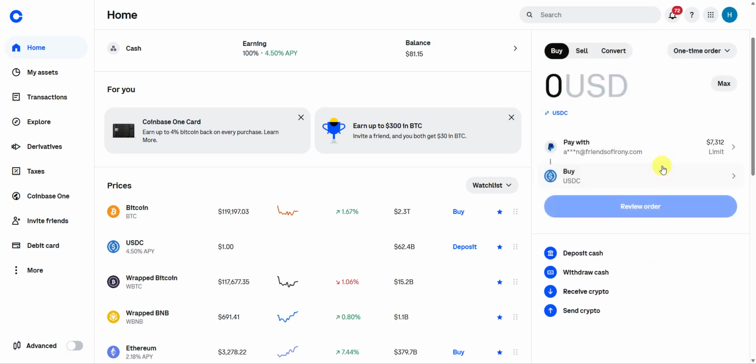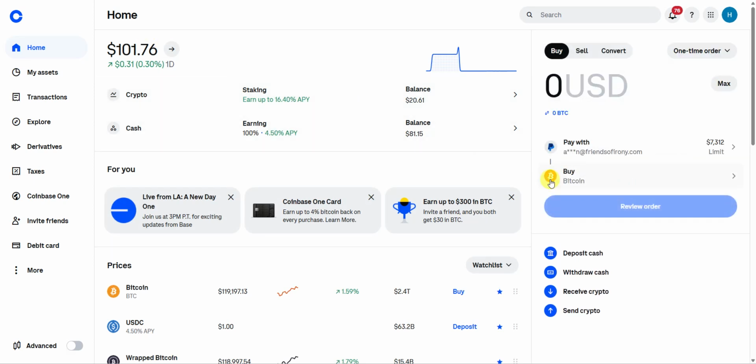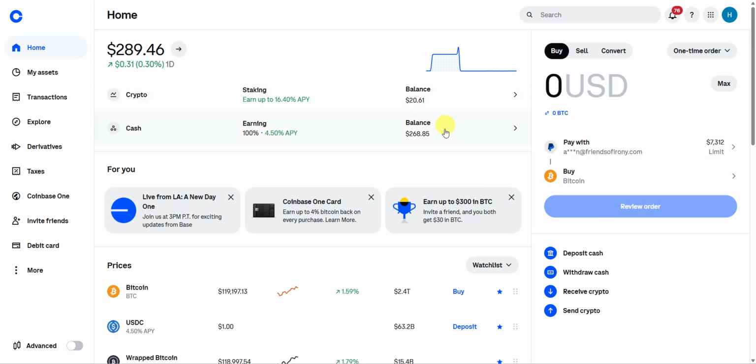Done. Okay. And then we're going to go ahead and give it a few minutes, but refresh, make sure that comes through before we send it. Alright, so it looks like it came through. I believe it was a 187.70. So let's go ahead and transfer that